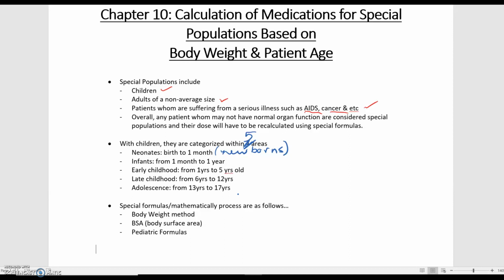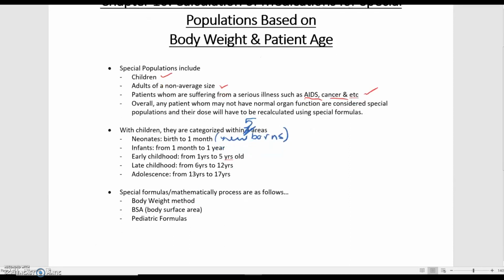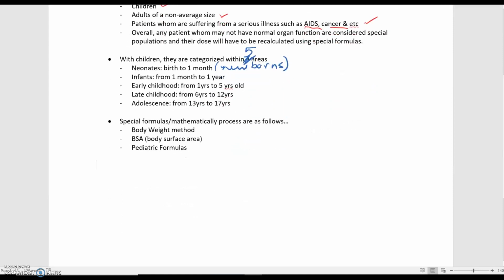Now, with that in mind, when it comes to these special populations groups, whether they're children, adults of a non-average size, or just an ill patient, we have to recalculate their dose based on several different formulas, several different mathematical processes or procedures that we use. One of those is the body weight method. Very interesting, the body weight method is basically where you're calculating a dose